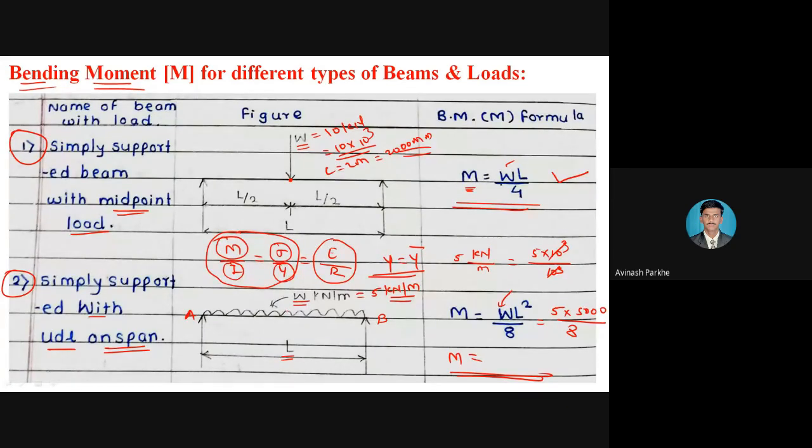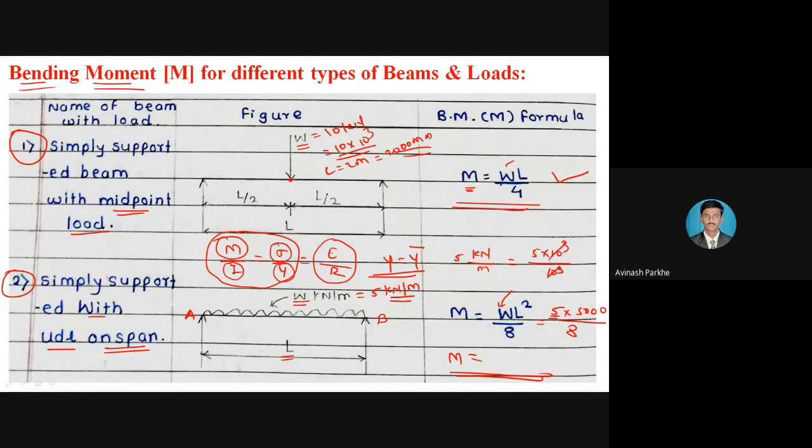तिथं सगळे फोर्सेस, सगळे लोड आपल्याला काय करायचे, न्यूटन मध्ये घ्यायचे, सगळे डायमेन्शन आपल्याला एम एम मध्ये घ्यायचे. त्यामुळे फोर्स जर किलो न्यूटन मध्ये दिला असेल तर त्याला 10⁻³ ने मल्टिप्लाय करून न्यूटन मध्ये कन्वर्ट करा. एखादा डायमेन्शन जर मीटर मध्ये दिला असेल, अगेन मल्टिप्लाय बाय 10⁻³ कन्वर्ट इन एम एम. Therefore here the value of UDL is given in kilonewton per meter. Convert in Newton per mm, multiply by 10⁻³ at the top side, multiply by 10⁻³ at the bottom side, 10⁻³ cancel होईल, तेच आन्सर येईल. But it is necessary to convert.